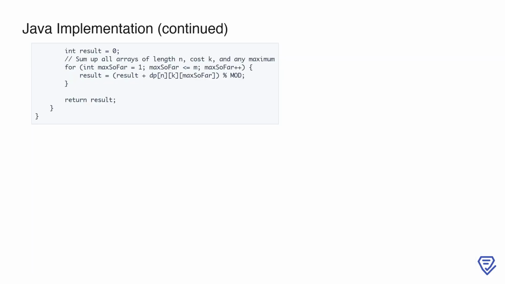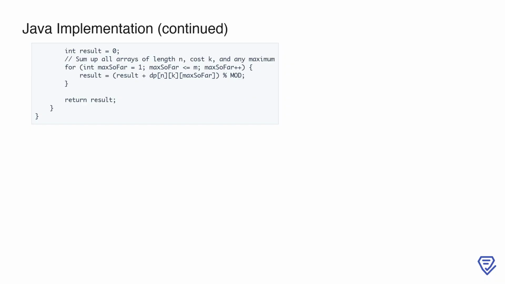Finally, we compute the result by summing up all valid arrays of length n, with a search cost of k, across all possible maximum values. To do this, we iterate over max_so_far from 1 to m, adding dp[n][k][max_so_far] to the result, and applying the modulo operation to ensure it stays within the specified limit. Once the summation is complete, we return the result, which represents the total number of arrays that satisfy the given constraints. This implementation efficiently handles the problem's requirements using dynamic programming, ensuring that we account for all possible scenarios while